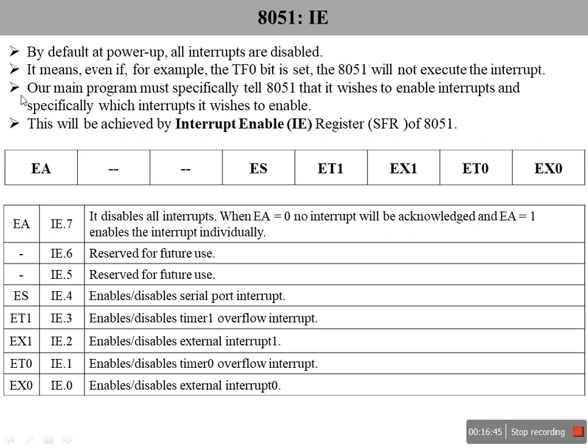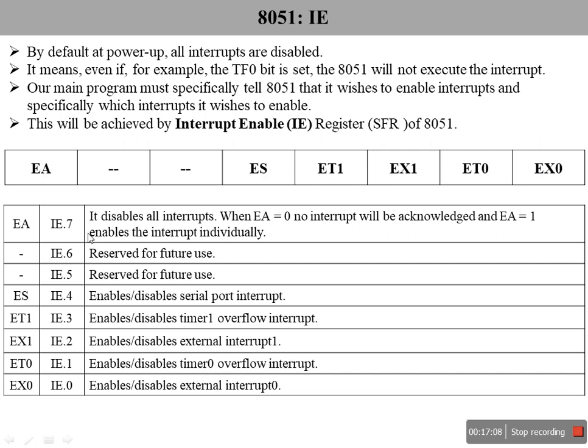Enabling all the interrupts and controlling individual interrupts is achieved by a special function register of the 8051 called the interrupt enable register. It is 8 bits wide, with bits EX0, ET0, EX1, ET1, ES and EA.